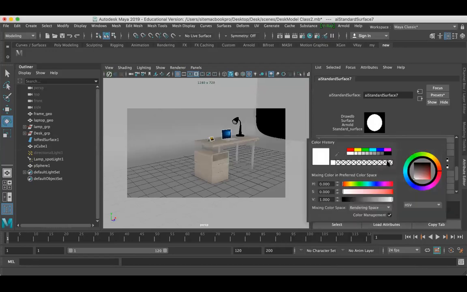Oh God. You know that the bulb glows in an orange color, right? So that's what I'm trying to make.